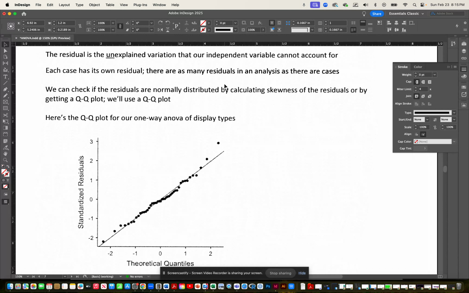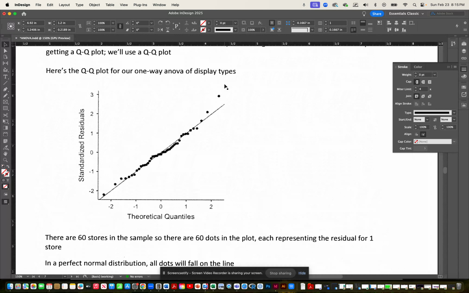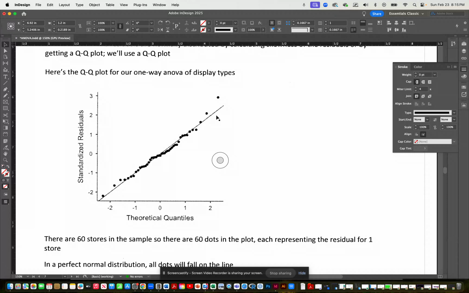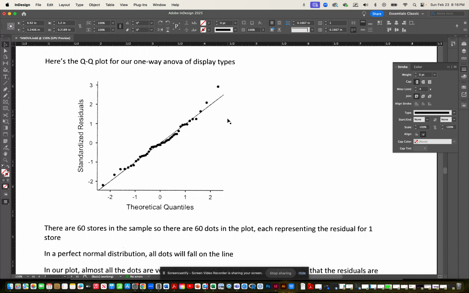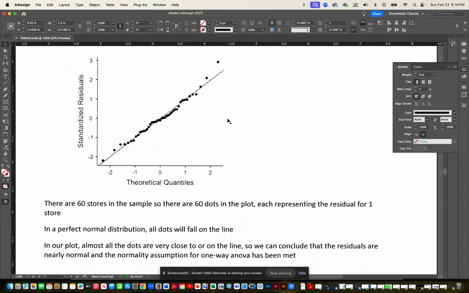And in a perfectly normal distribution, all the dots will be on this diagonal line. But in this case, it's not. But it's pretty close to the line. So we would say that it's close enough that we can conclude that the residuals are nearly